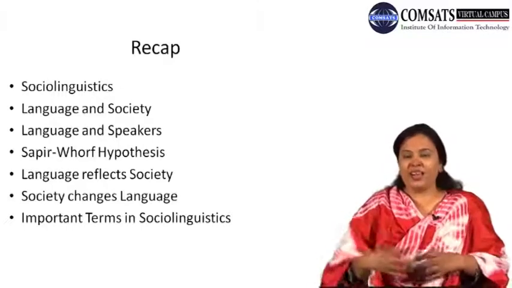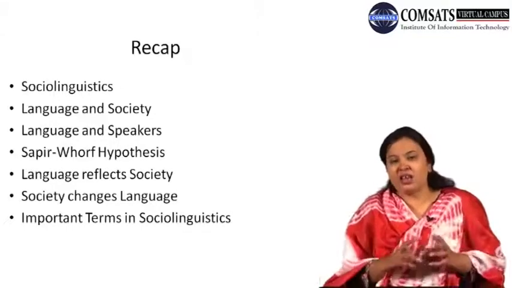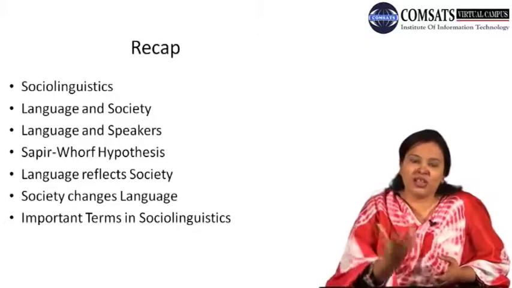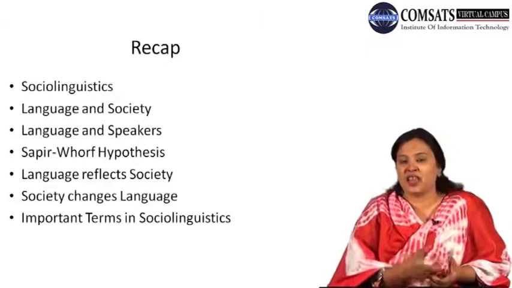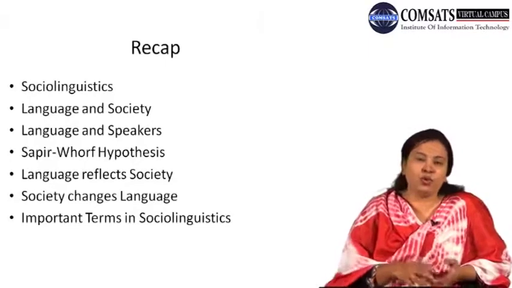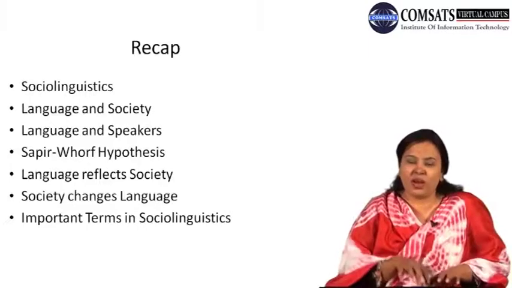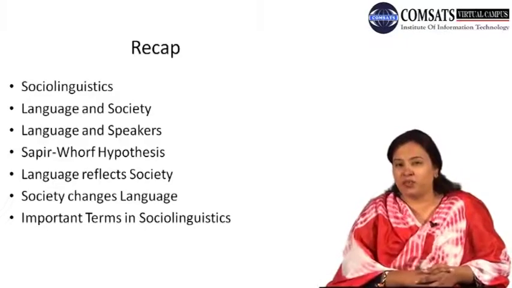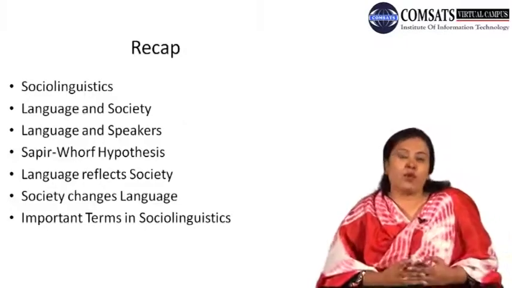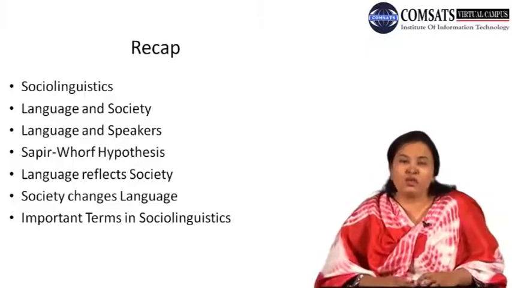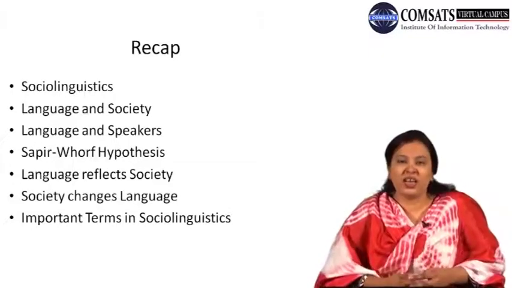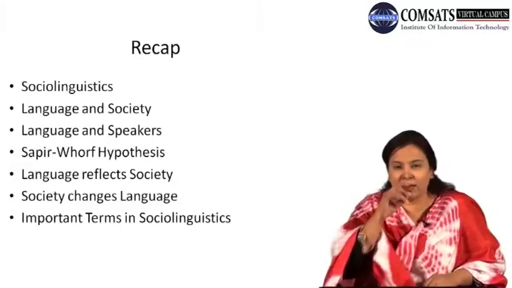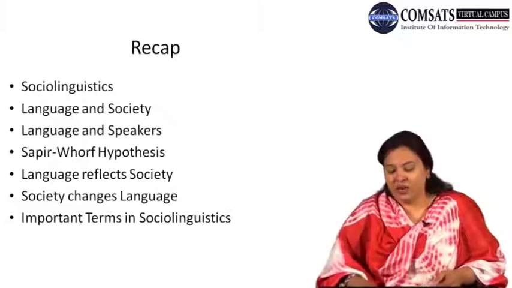And finally the combination of all these three things creates a space for a single speaker where his language identity resides, and that is known as idiolect. And finally we talked about a speech community that uses variations of one language within a single society, which is called diglossia. So these were some of the important terminologies and aspects of sociolinguistics. If you want more knowledge, you can read certain books on sociolinguistics.